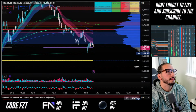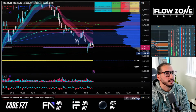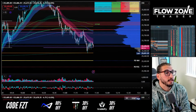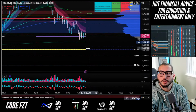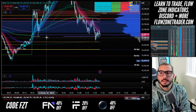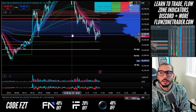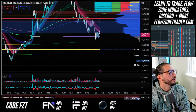Here's the move back down to IB. And I think if you start to see sell side pressure come in underneath this, you get quite a nasty wash, to be quite honest with you. Big if, but that is what the if is. If they can close under IB, I think you can potentially get a wash back down to here. This is a sensitive area. You wouldn't want to be a new money short, but if they start rejecting this and they rotate, then if some of you are already short,